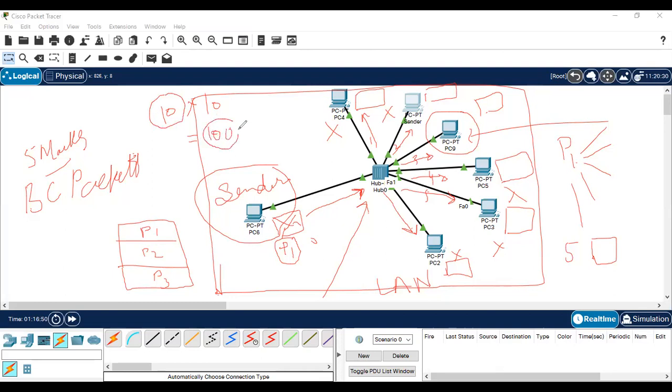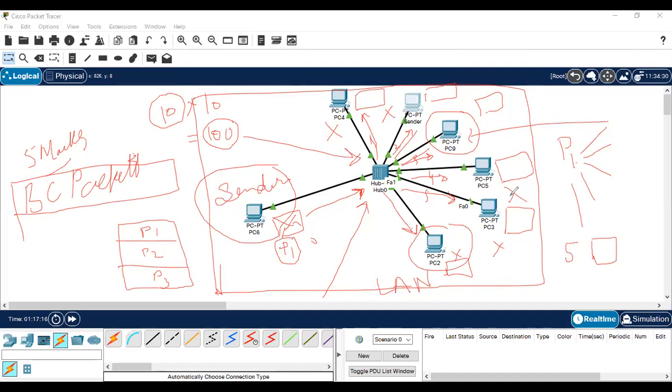Here the efficiency goes down when we are talking about a hub, because it works on the principle of broadcasting the packet, right? It does not know the exact destination. Since the hub broadcasts the packet to all the ports, it will send it to 2, 3, 4, 5 and 6, and at the destination it will check whether this packet belongs to them or not.